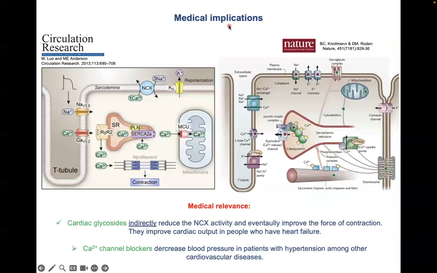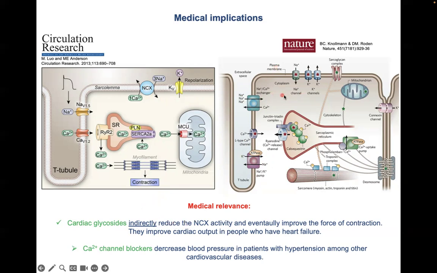Medical implications. I have at least two. Cardiac glycosides. Now these inhibit the sodium-potassium pump. Remember, the activity of the sodium-calcium exchanger depends on the activity of the sodium-potassium pump. If we inhibit this pump by cardiac glycosides, this indirectly reduces the activity of the sodium-calcium exchanger, which you see here and here. So this results in